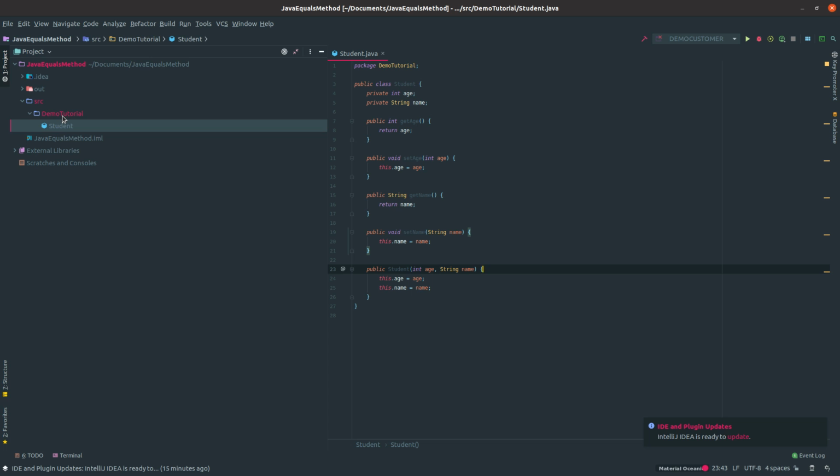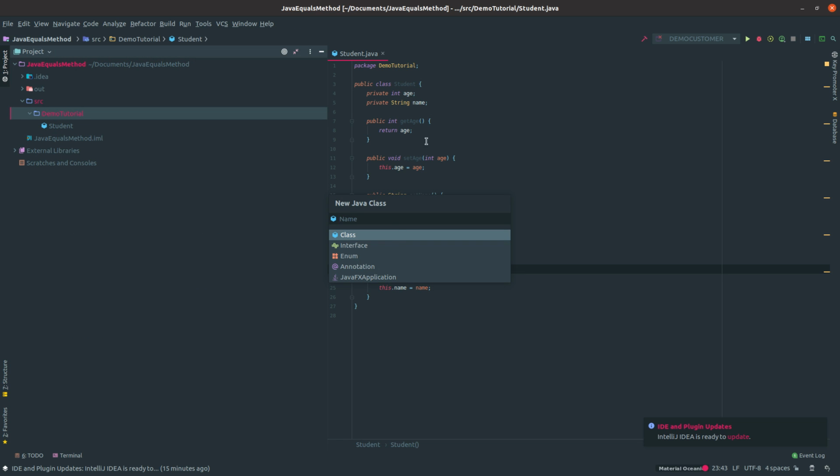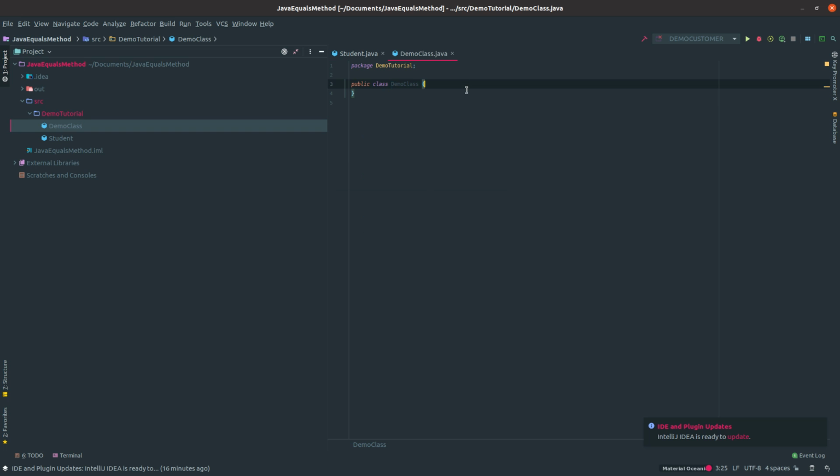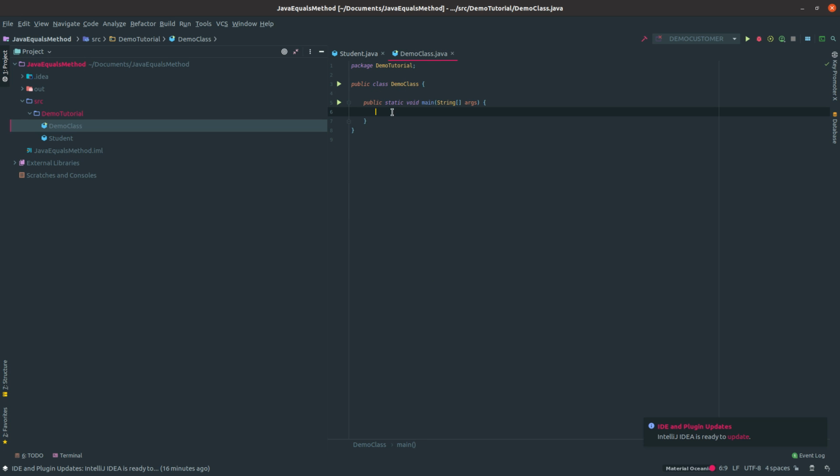So then, within the same package, I'm gonna create the class that's gonna hold the main method, so that we can be able to do our testing. And this class is gonna have a main method. So right now, the way Java, the way this Student is, if I create